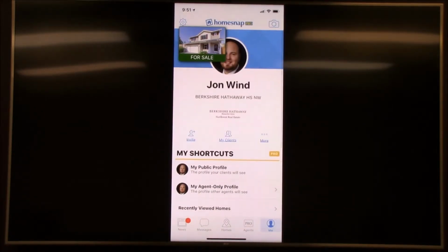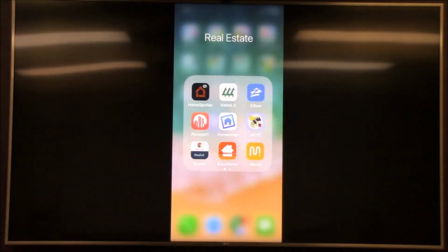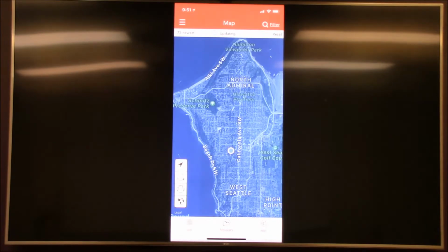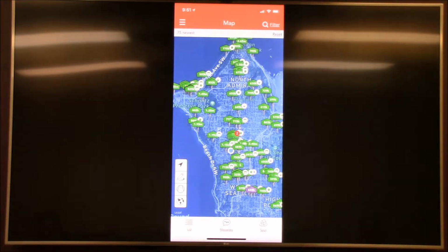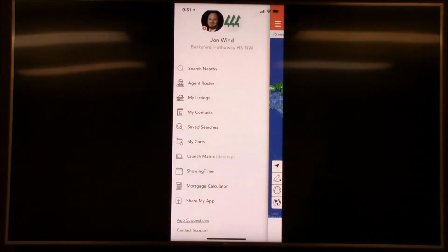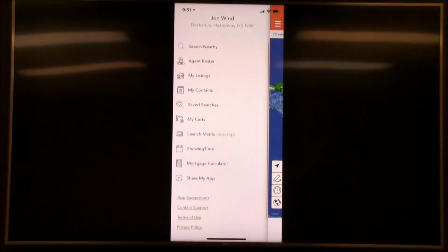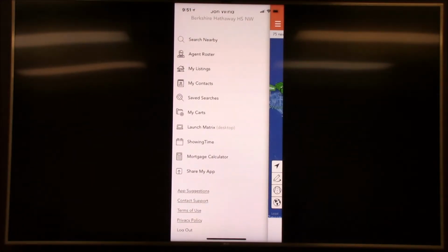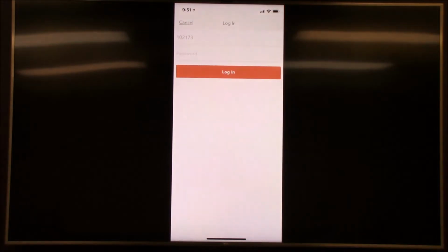Oh, I'm sorry, actually one more thing that I do want to go over in HomeSpotter. These three bars up at the upper left, the settings, I'm going to hit that. And you also have on this list here my contacts, saved searches, and my carts. So my carts, for example,